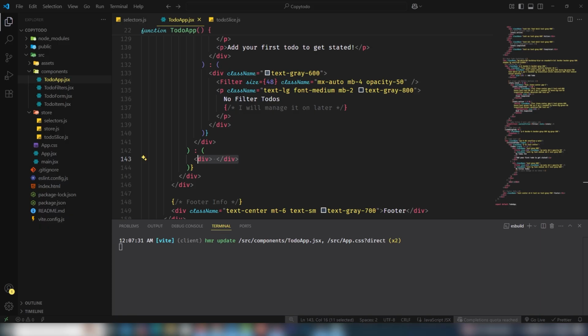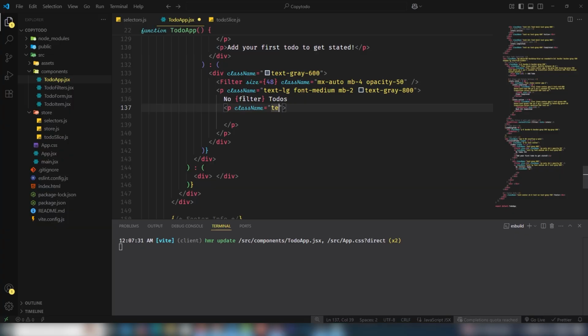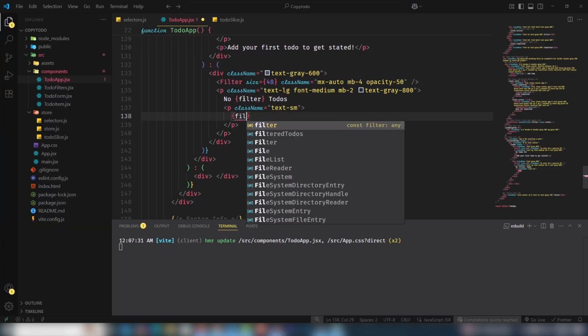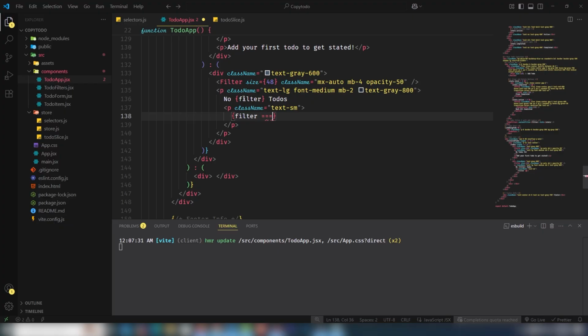to-do's filter. No filters. Okay, I just use that as a filter which is coming from my file. Okay, and also I will use p class text sm, and I use filter active,